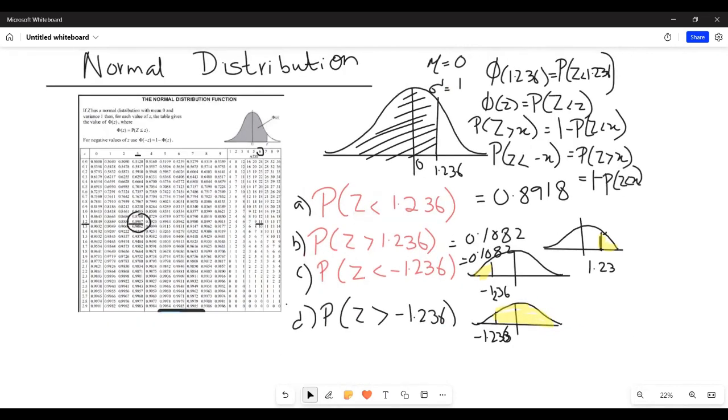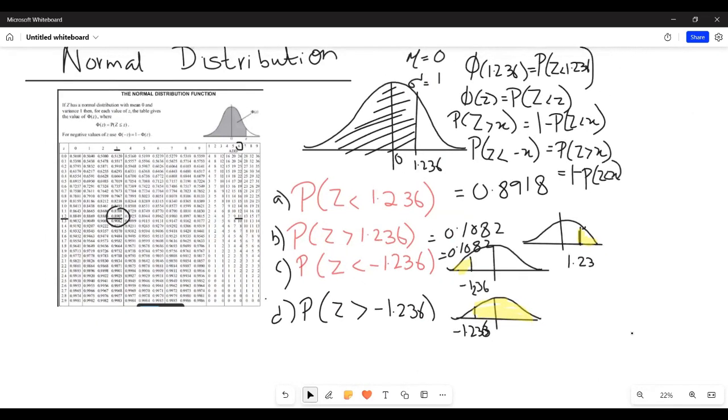Again, we cannot use the table in a greater than scenario. We cannot use the table for negative values. So instead, we'll take advantage of the symmetrical nature of this curve and instead find this area or this probability,